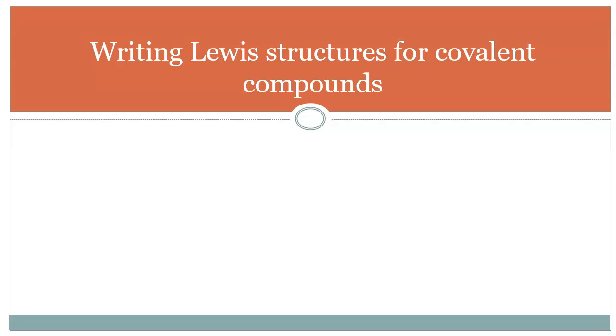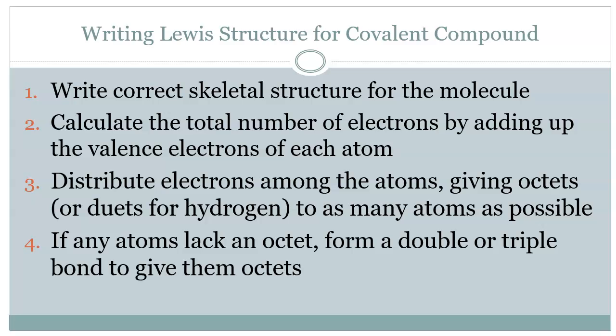Alright, so in this video we're going to talk about making Lewis structures for covalent compounds. The general rules for this, and we will expand upon each of them, are first that we need to make a correct skeletal structure for the molecule. We need to calculate the total number of electrons by adding up the valence electrons for each atom. We need to then distribute those electrons among the atoms and give octets, or duets if it's hydrogen, to as many atoms as possible. And then if any atom lacks an octet, then we need to form double or triple